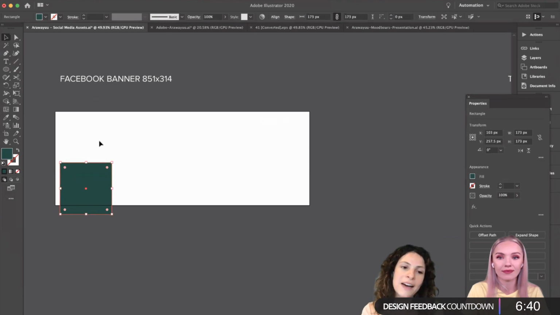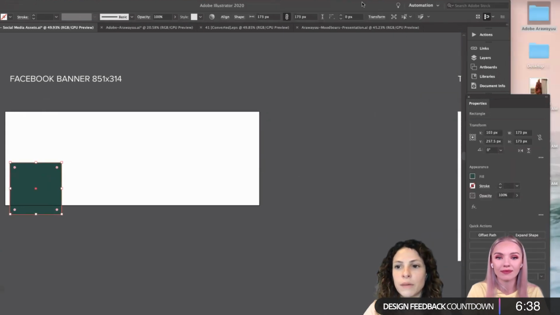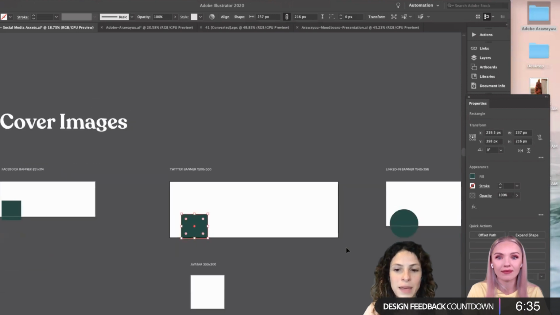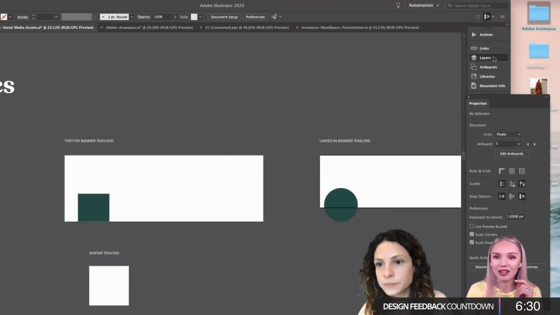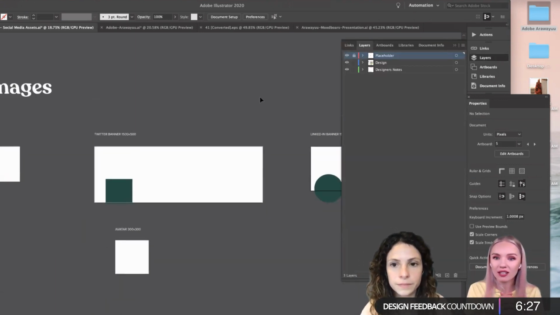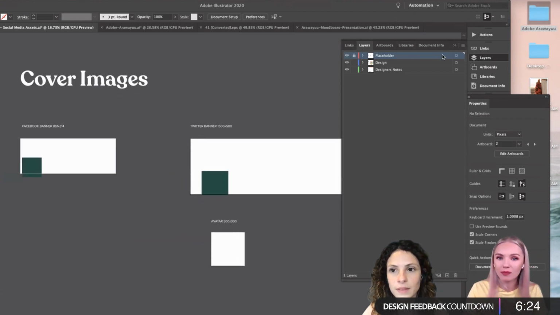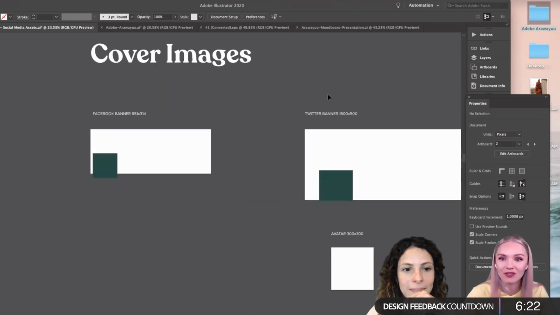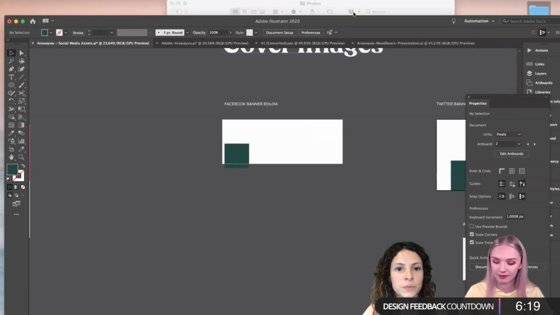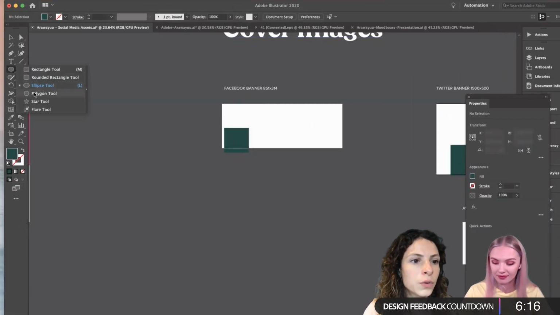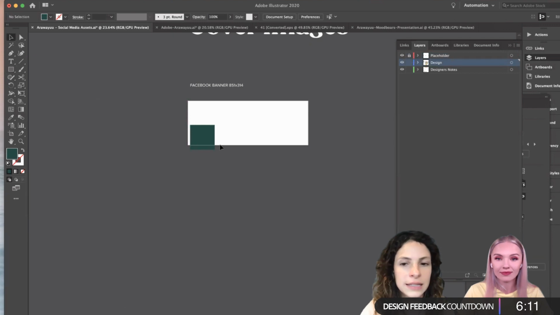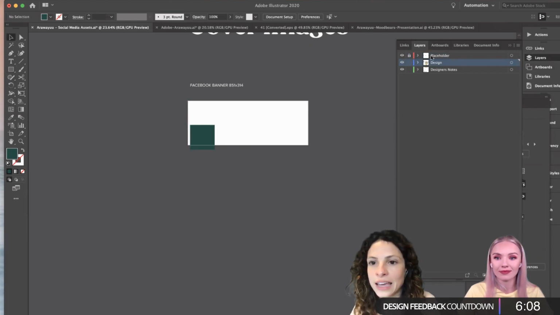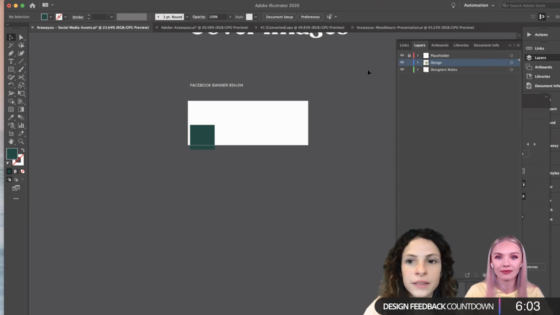What I do is, where the avatar is, I just put something on top, so I know that space is covered. It's not visible. Exactly. And that's a great point, because then you can adjust your design accordingly, so there is no important text located right behind the avatar image. Exactly. Yes, that's super important to know. So after that, I do the placeholder layer and lock it, and then I design on that layer.